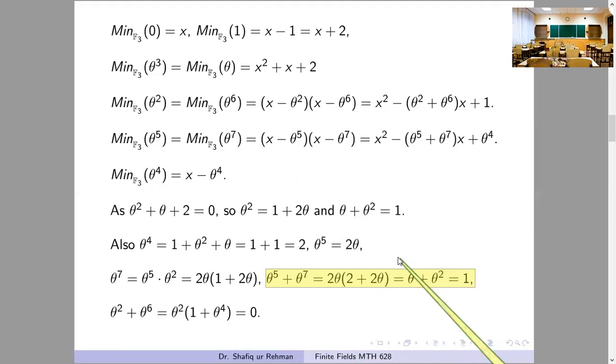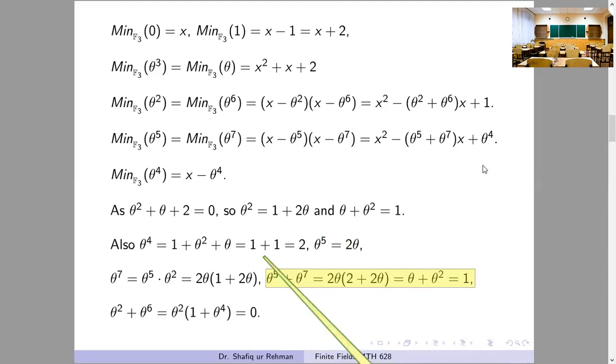Maybe you can perform this easy calculation by some other method; there is no fixed method, there is a freedom of choice. Maybe some students can solve by taking all the powers of theta, multiplying both sides by theta, then simplifying, then again multiplying both sides by theta, then simplifying. So you can adopt any method which is convenient for you.